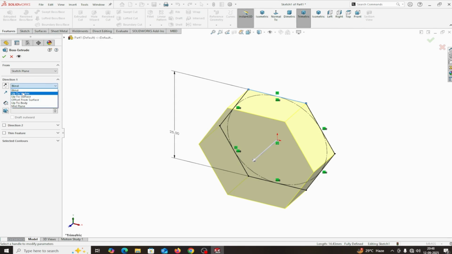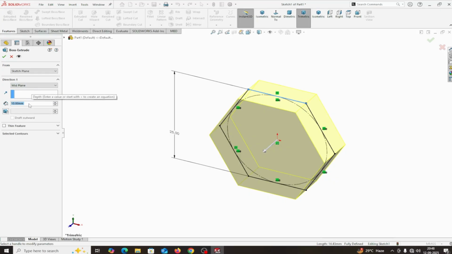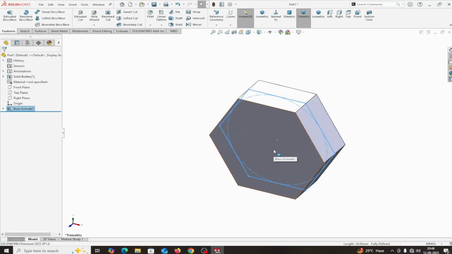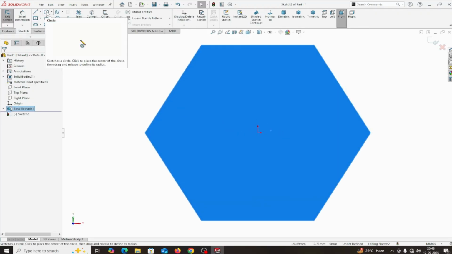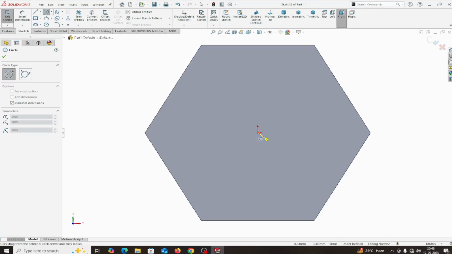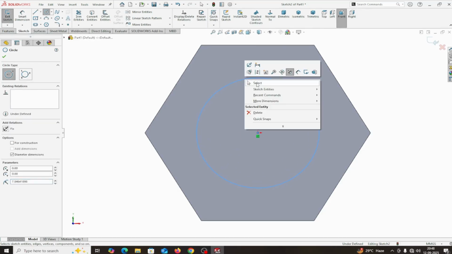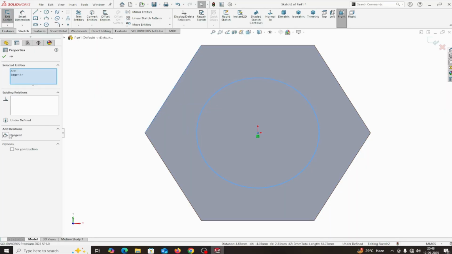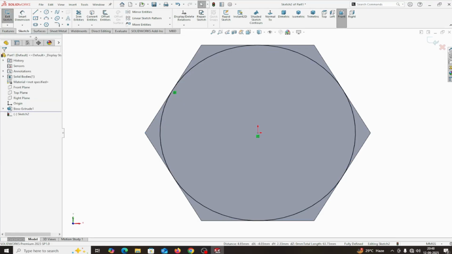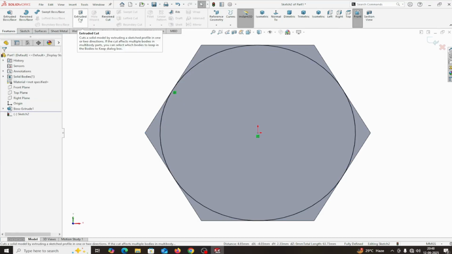Now it is taking the mid plane. Height is 10 mm total. Okay, select this face, sketch, and draw a circle, this one and this one. Shift, click this line, relation tangent. Okay, now I go in Features, Extrude Cut,